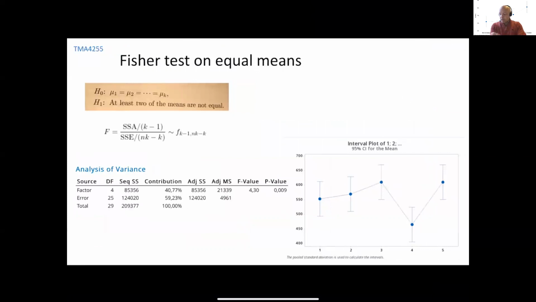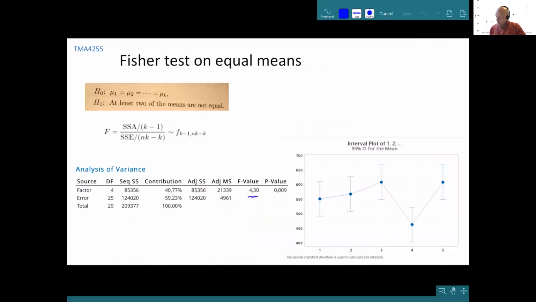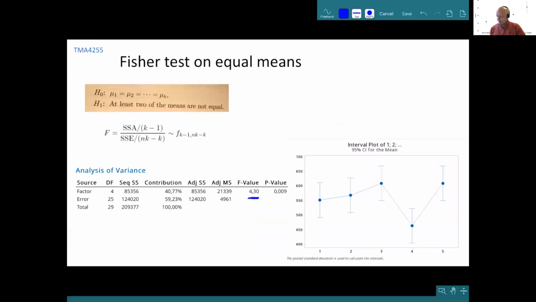So here we again compare the within group variability with the between group variability. And we see that the F value comes out quite large. It has a p-value which is small. So we again say this is a small p-value, and we reject